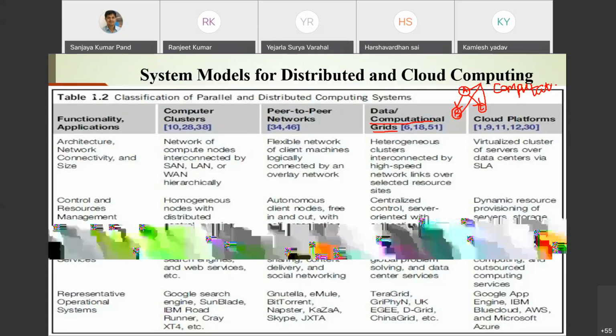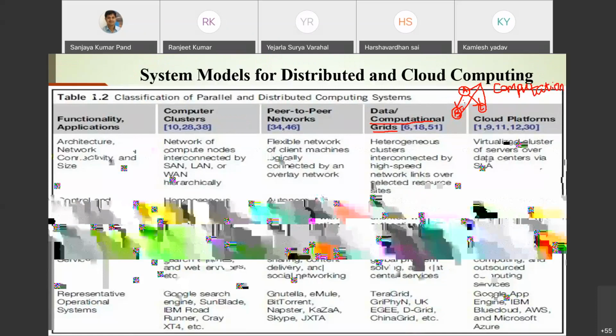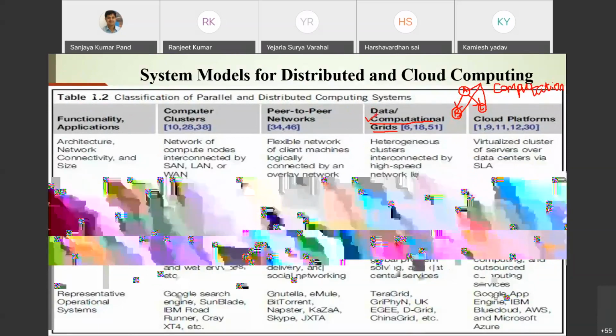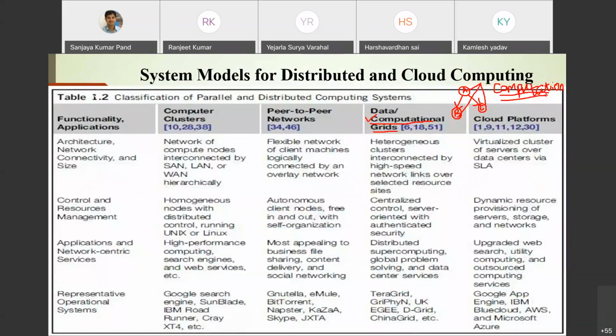Once a particular node finishes, it has to transfer the results to another node so that it can start its work. That is called communication time. The work of a computational grid deals with computation time, not with communication time. Although communication time is there, if you see the time required by communication, there is a huge gap. More emphasis is given to the computation rather than the communication, right? So that is called your computational grid.